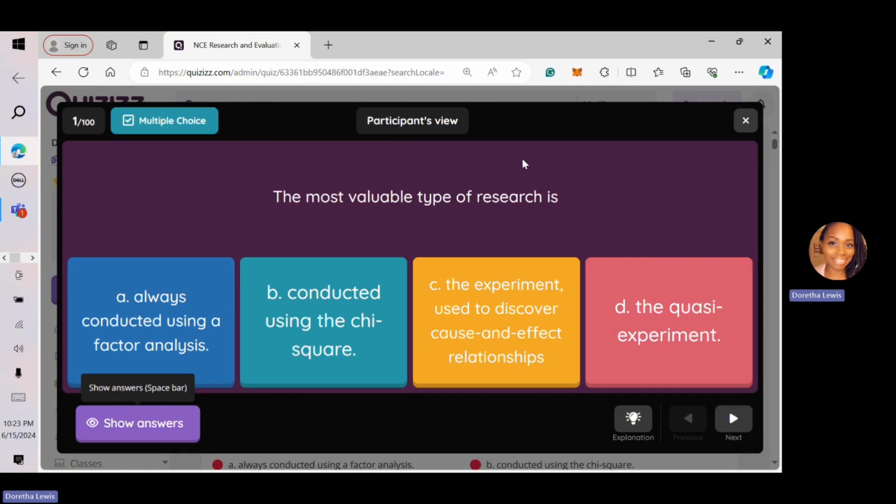So without further ado, we are going to be doing research. Research is going to be broken down into 4 parts. Why? Because research is already overwhelming enough, so it's best to just break it down and you can always come back to them. So we're going to be doing 25 questions out of the 100. We are going to start with question number 1.